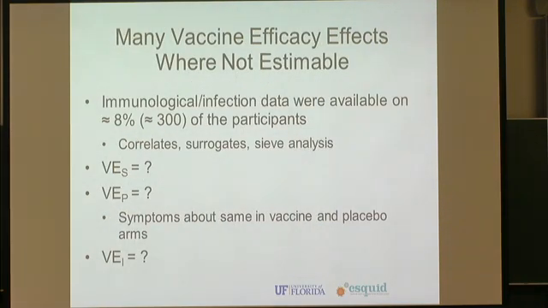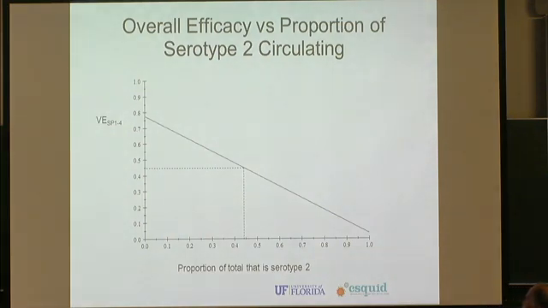So what do we know so far? As I said, we spent a lot of time trying to estimate all these things. Well, we know the VESP. Only 8% of the population have immunologic infection data. So we're busy trying to find correlates and surrogates of protection and efficacy. And we don't really know the VES, VEP, and VEI at this point, but at least for modeling purposes, we know the VESP. And this just shows that in this particular population, about 44%